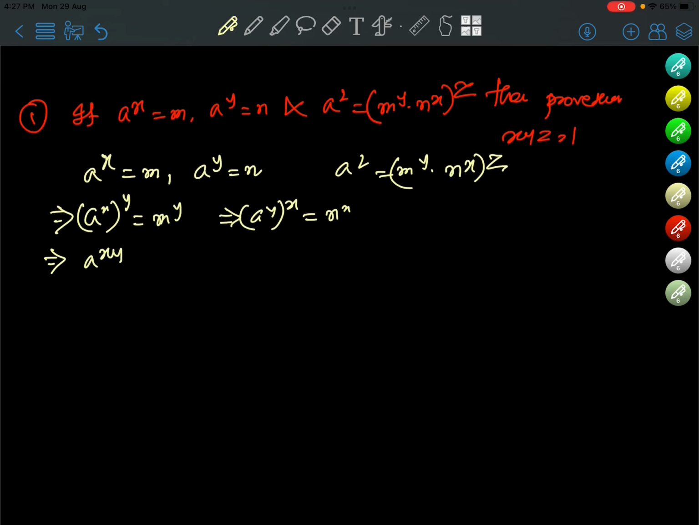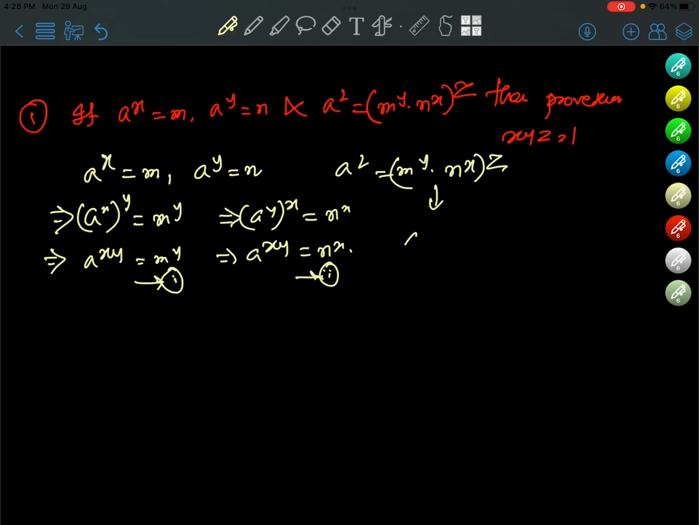Now a to the power of xy equals m to the power y, and a to the power of xy equals n to the power of x. Now this is number 1 and this is number 2. Now we are going to put the values of number 1 and number 2 over here, in the third condition. What is the third condition? The third condition is a square equals m to the power y into n to the power x to the